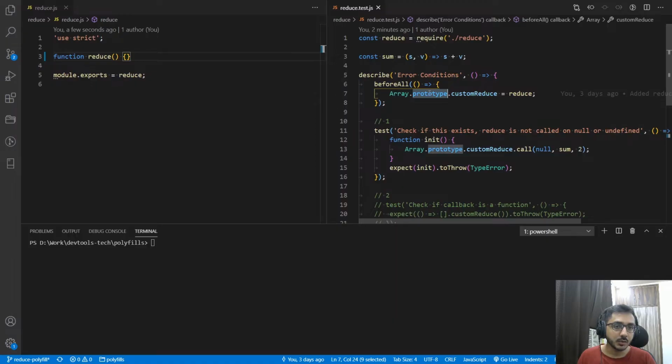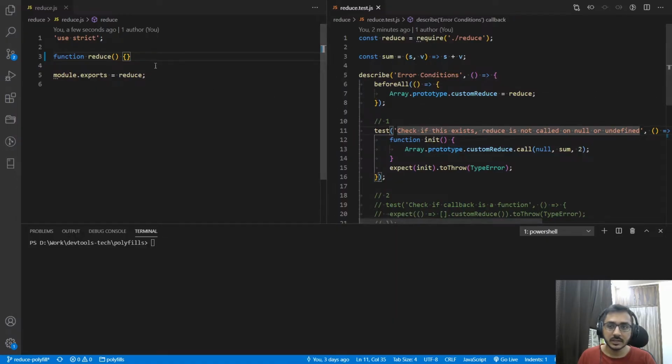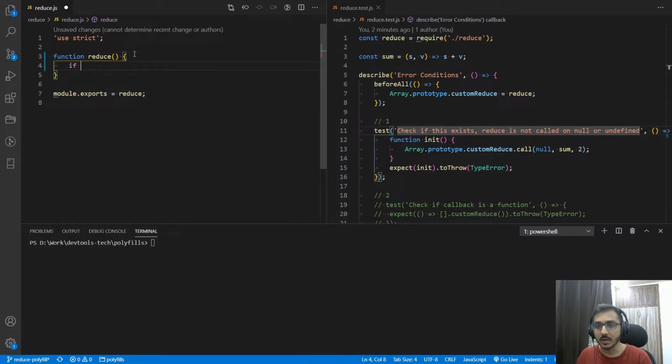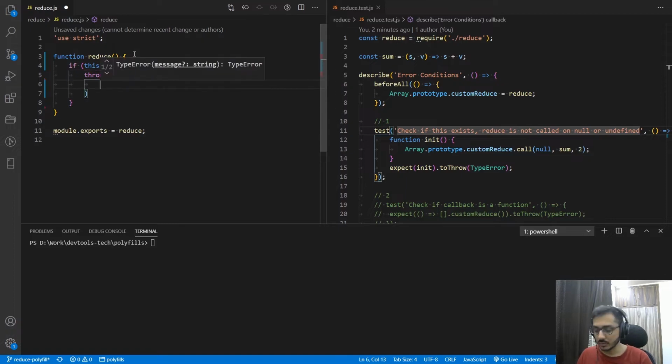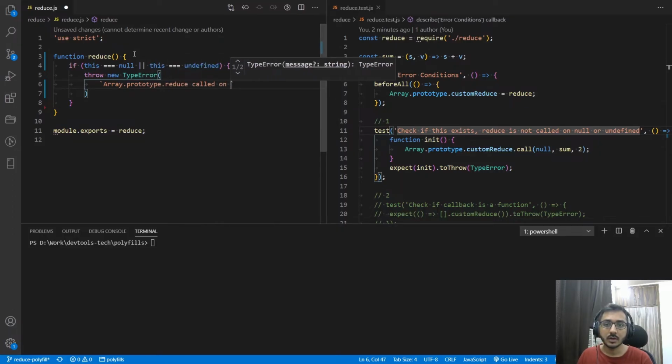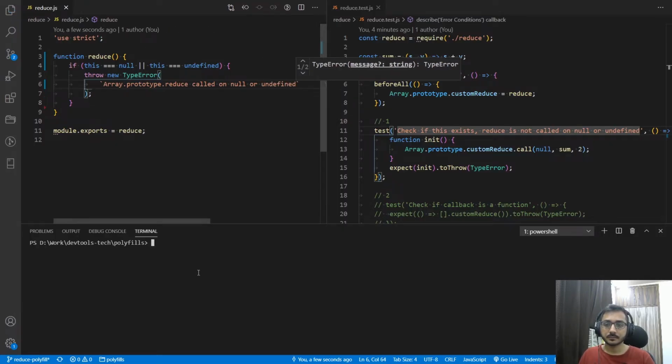putting it on array's prototype, whenever reduce is invoked, then this in that function should not be null or undefined. And if this is null or this is undefined, then we have to throw a new TypeError, which is going to say Array.prototype.reduce called on null or undefined.